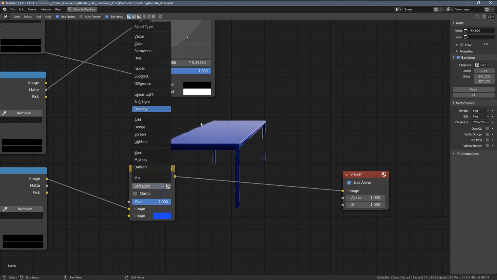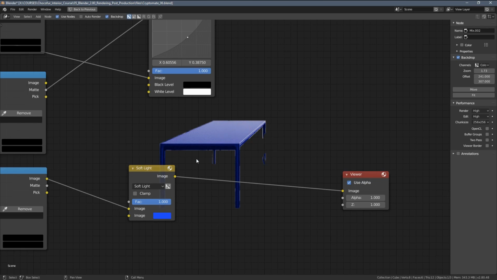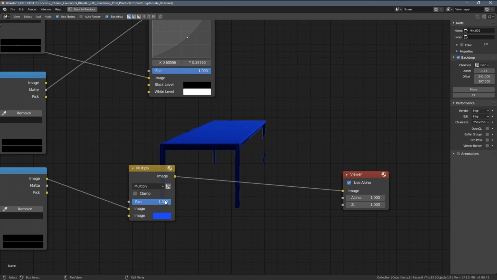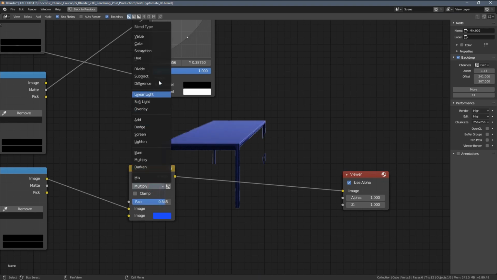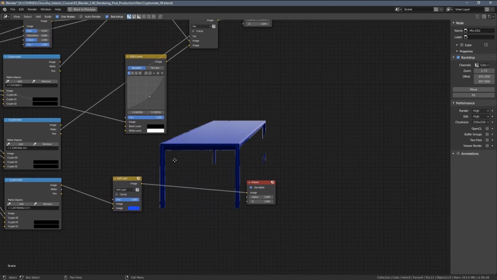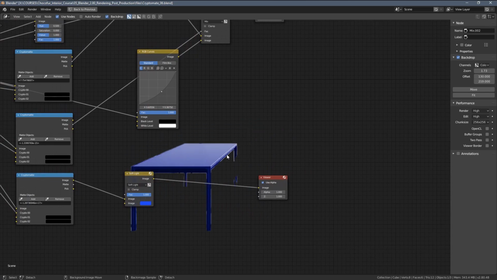For example, overlay tends to overburn some of the colors. Multiply tends to make things a little bit too dark in my opinion, but again, depending on what you're looking for, you might try different blend types. So let's stick with the soft light for now and see how it looks if we combine this changed element